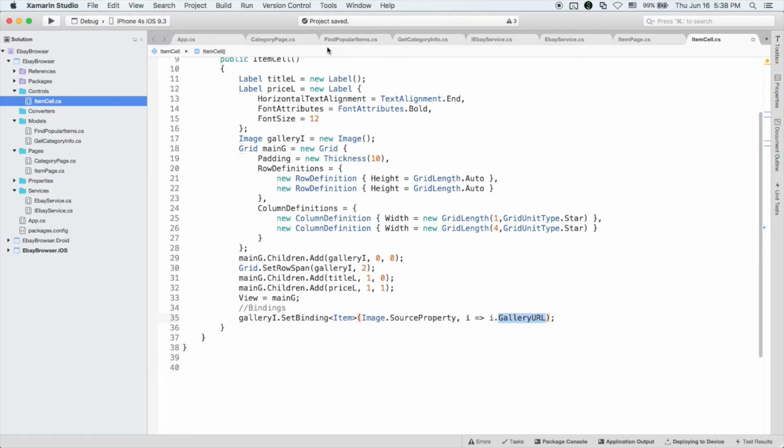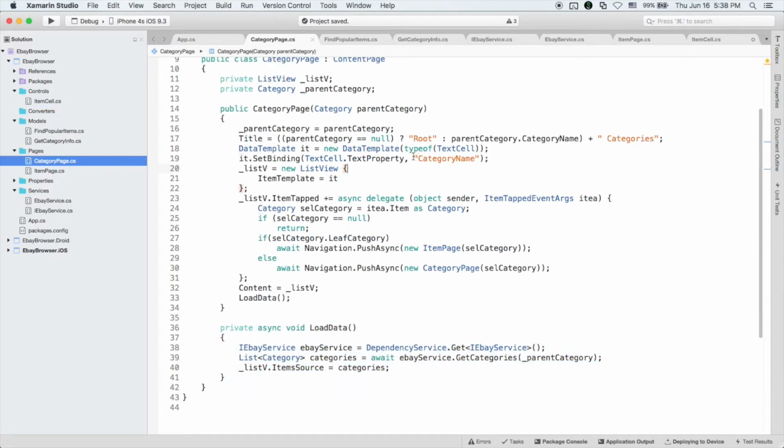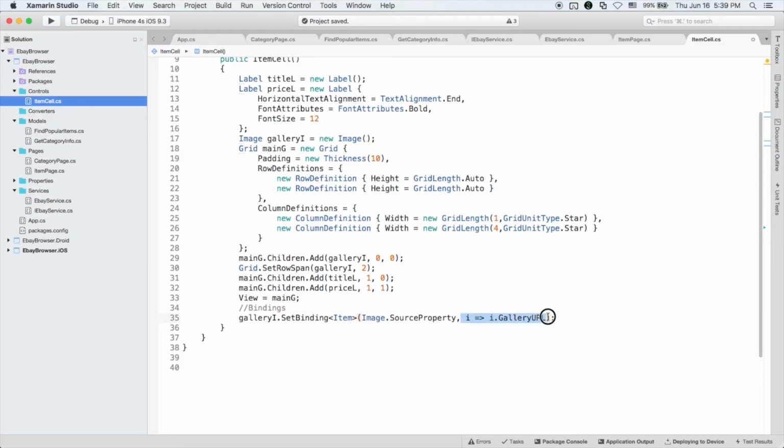This is different than our category page binding right here, which uses the string version. So if the category name property of a category ever changes, the refactoring won't know to change this too. So I prefer to use the lambda expressions whenever possible for my bindings so that everything is changed during a refactoring. So I'm going to set my image source to the gallery URL,